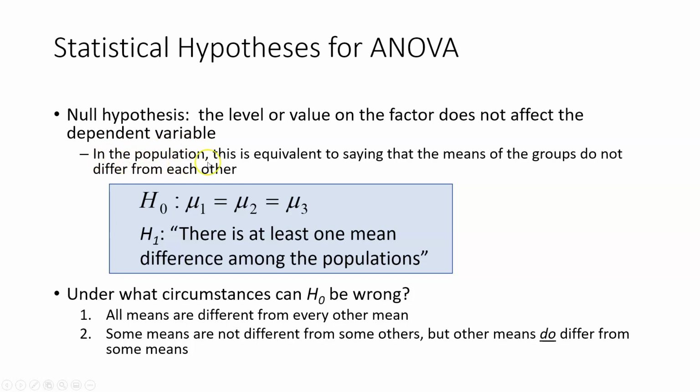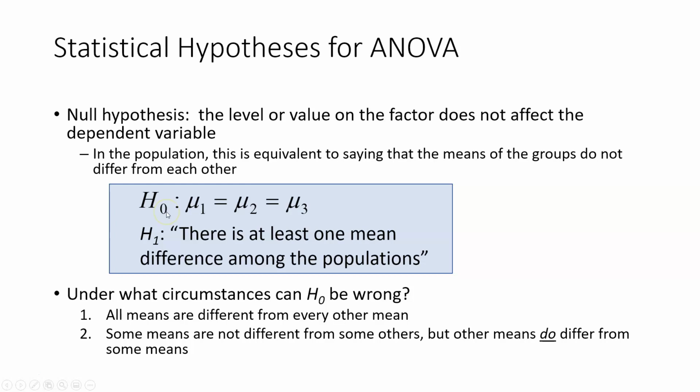So in the population, this is equivalent to saying that the means of the groups do not differ from each other. So if you had treatment 1 and treatment 2 and treatment 3, the means of those populations would be equal to each other. So all 3 means of all 3 different populations are the same if the null hypothesis is true and